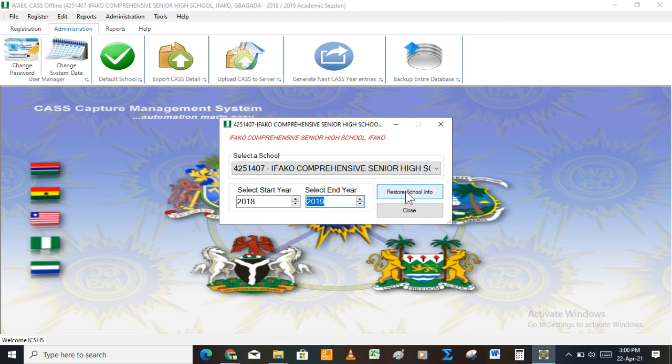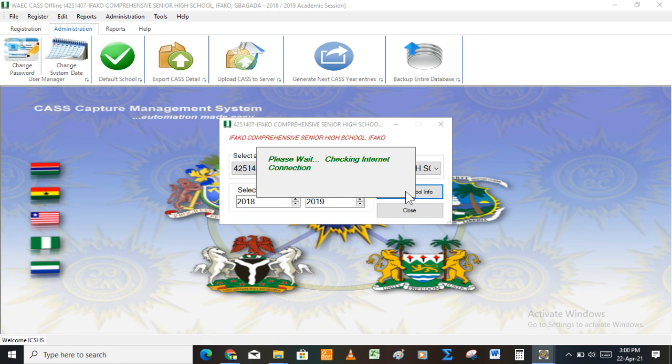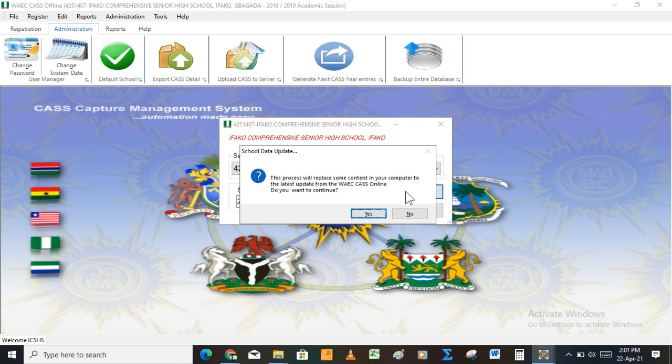As what we have done, click on restore school information. It must be connected to the internet. It will check if you are connected to the internet. Once it has confirmed that, it will take you to the dialog box where you are going to input the school information details to confirm that truly you are the one working on it. Then once you have done that,